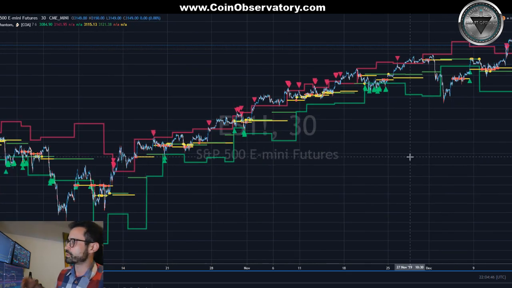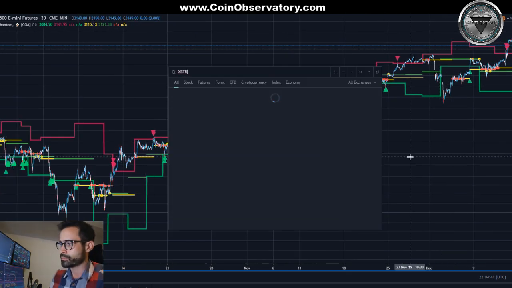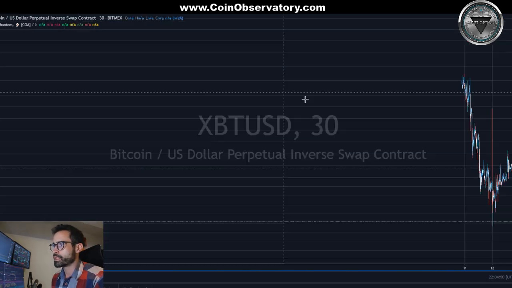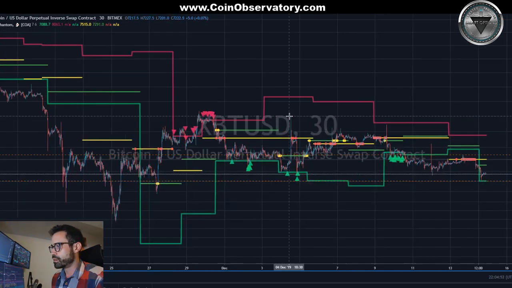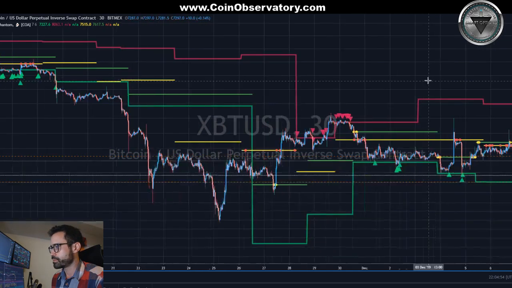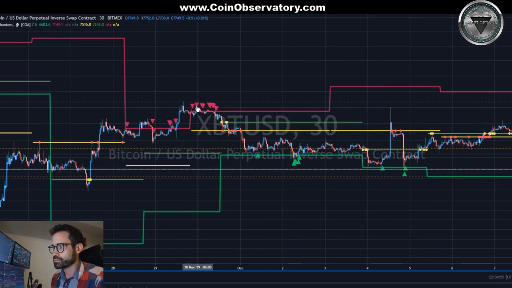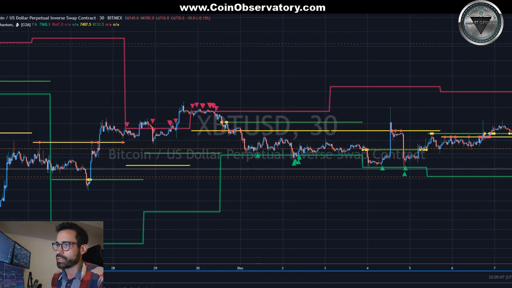Now, let's go to an asset that a lot more of us trade, something like Bitcoin. So I'm going to move over to XBT USD. And here on the 30-minute, we had some fairly good signals, right? This was a pretty good short. This was an exit, so one would close out of this trade and take up short back here. Long, we had failed to rally, so this would have been a hedge, right? So open short,